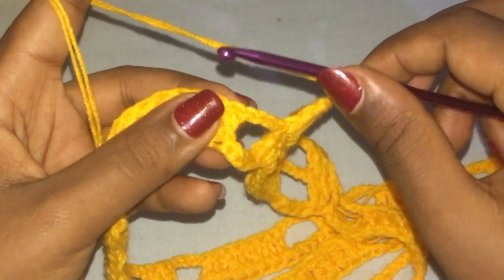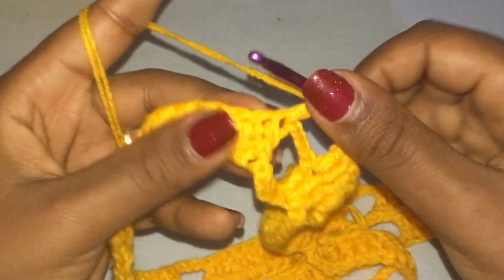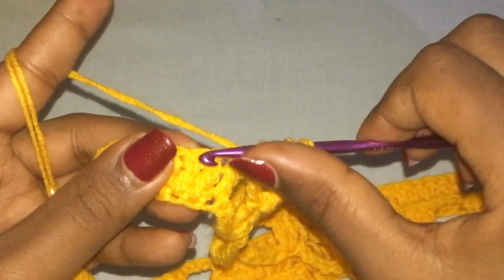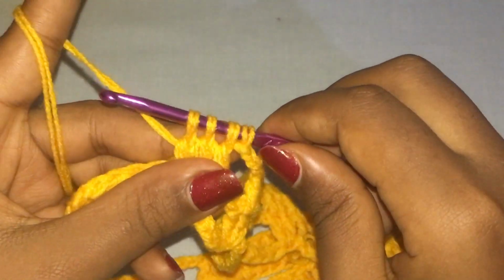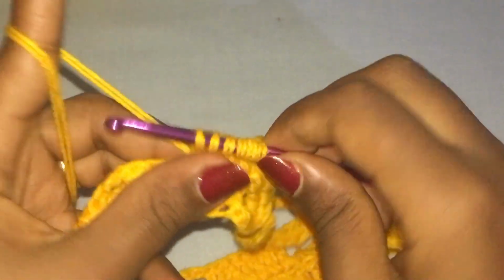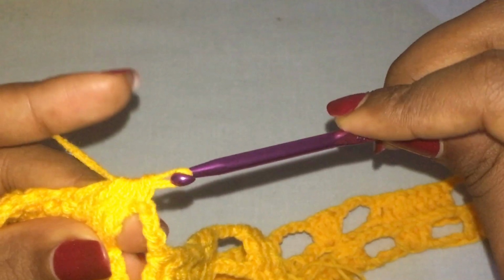So you're going to yarn over, insert your hook in the first stitch and pull up a loop, then pull through 2, yarn over again, insert your hook and pull up a loop, pull through 2, yarn over again, insert your hook, pull up a loop and pull through 2. You have 3 double crochets now, and then you're going to yarn over again, insert your hook, pull up a loop and pull through 2, and then you'll have 5 loops left on your hook and pull through all 5,